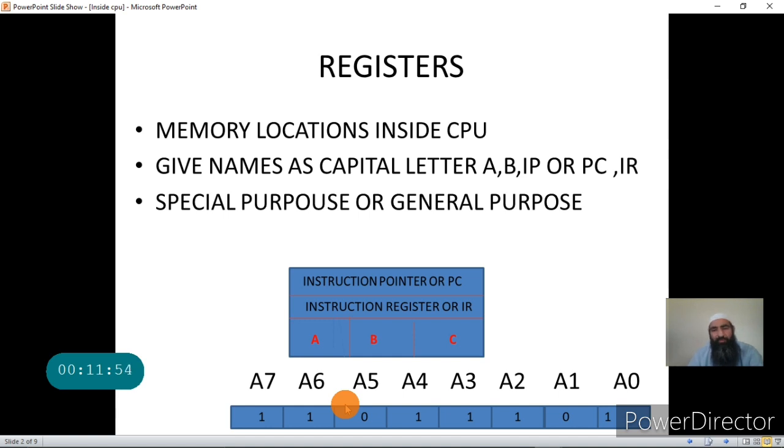What are cells or flip-flops? A cell stores a single bit that can be 0 or 1. If you see this register A, it has 1, 2, 3, 4, 5, 6, 7, 8 cells, and each cell stores a binary digit, 1 or 0. I think it is clear now.